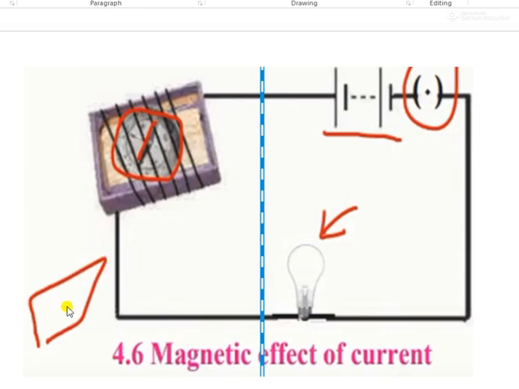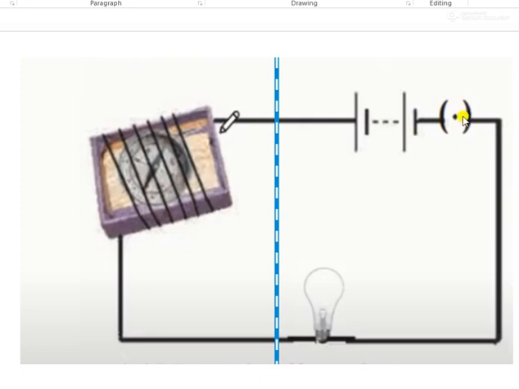Now just take a bar magnet and bring it near the needle. What can you see when you bring the magnet near the needle? It will change its position, that means it will rotate. Why? Because the magnet came near the needle, that's why it changes place. Now remove the magnet. Now close the circuit.